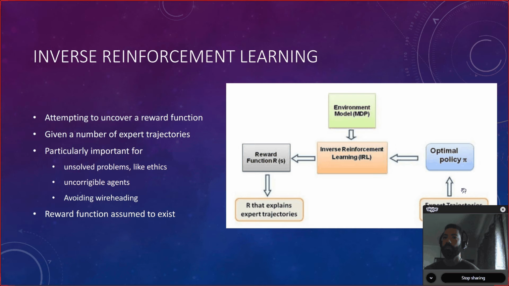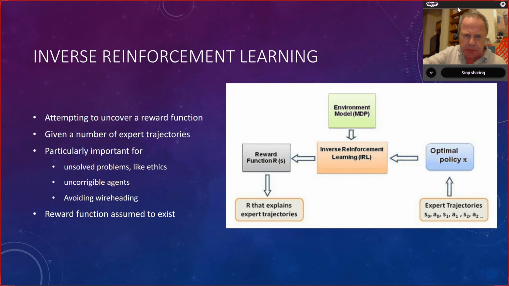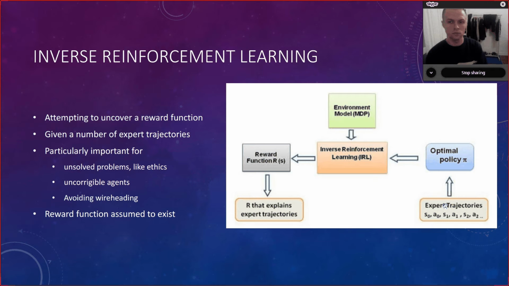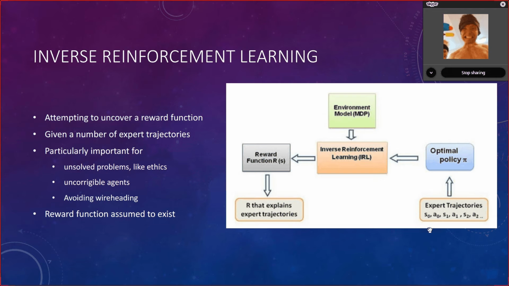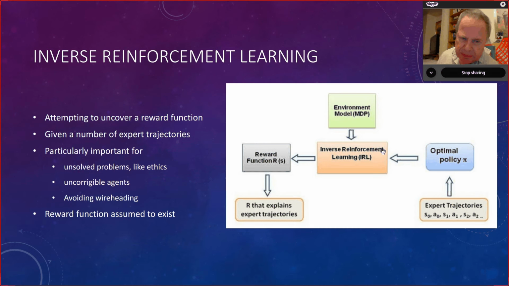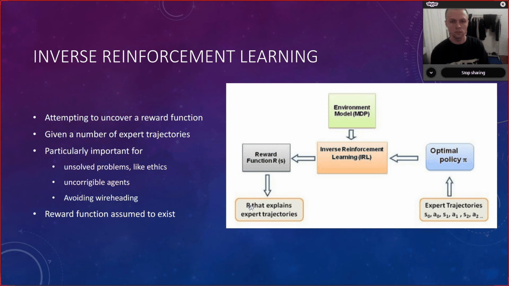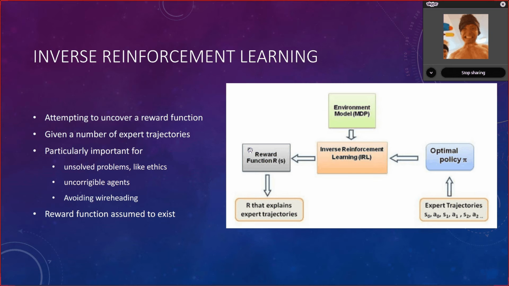Now, inverse reinforcement learning is in some way the inverse problem, where we start with a number of expert ways of doing things, trajectories, histories of good actions that have been made. For instance, if you have a self-driving car, then you have a lot of data about how people drive cars, and then you want to use some inverse reinforcement learning techniques to uncover what the reward function is, and maybe you can get an explanation, but hopefully figure out from a lot of data how to actually drive a car.